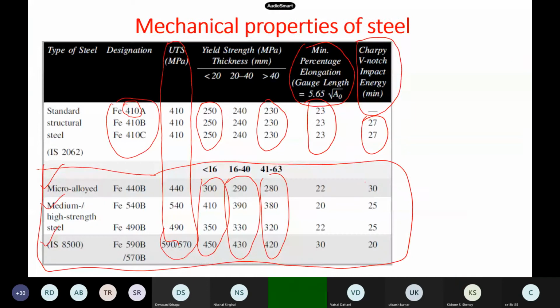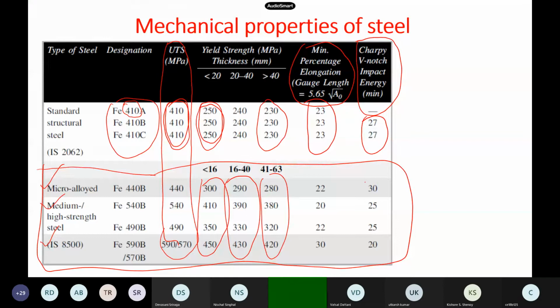Another most important thing you have to remember is, whenever they say 410 or 250, generally, when you are doing a steel test and you take several coupons from Tata Steel or wherever and test the specimen, you will not get exactly 410.